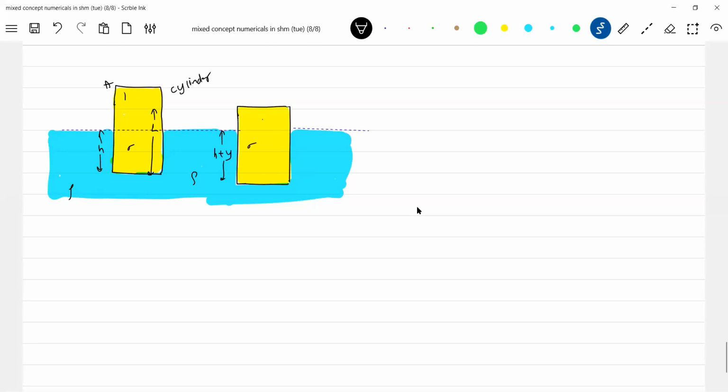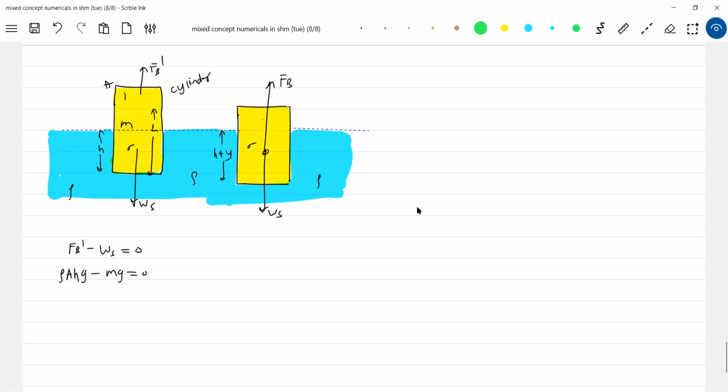Now what are the forces? Sigma is the density of the solid, rho is the density of the liquid. Earlier the buoyant force was balancing the weight of the solid. Now FB dash, the additional buoyant force, will be acting. What is FB dash? We'll write FB dash minus WS equals 0. WS means mg. Let M be the mass of this. FB dash is density of liquid, area of cross section, length immersed, into g, minus mg equals 0.